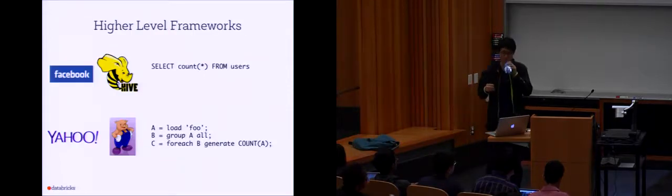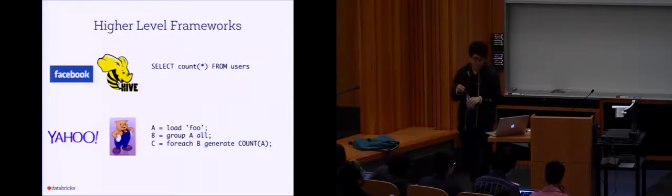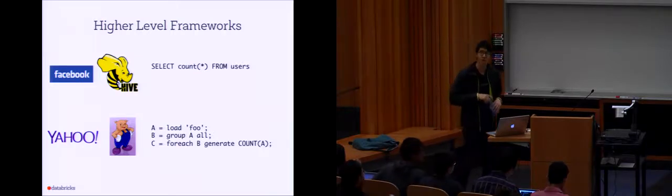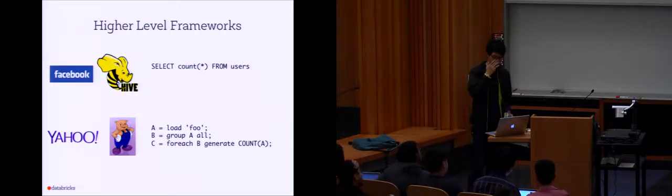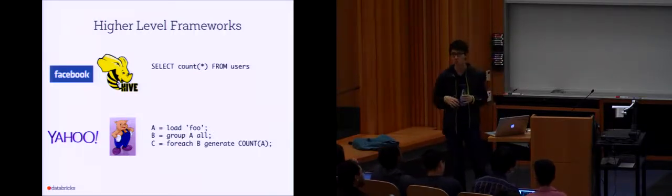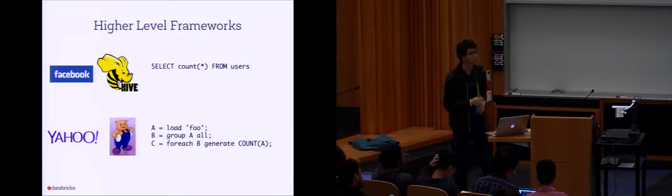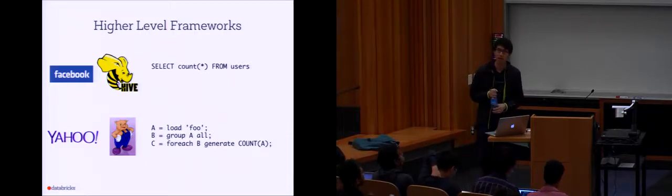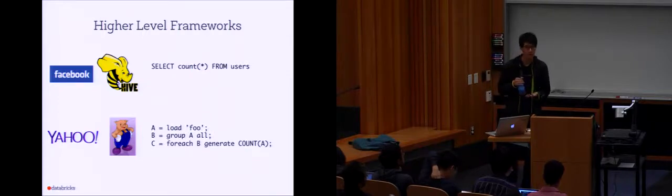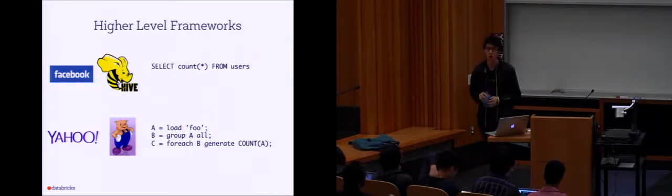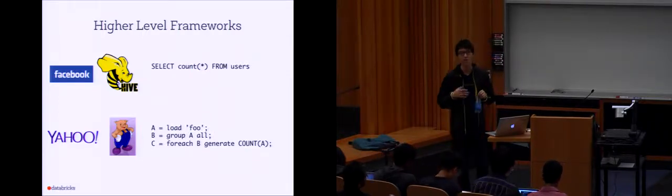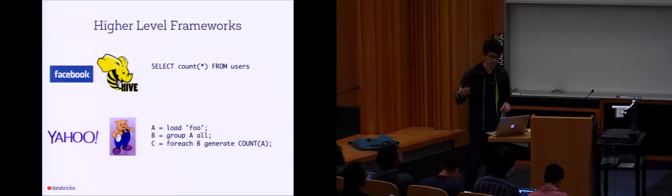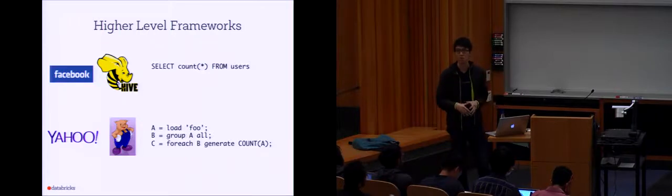So with that, on the open source side, people started building higher level frameworks. There are 2 frameworks that became fairly popular. The first one is Hive. Back in maybe 2008, Facebook started this project called Hive. What Hive does is, instead of programming MapReduce, you give it a SQL query, and it compiles the SQL query down into MapReduce jobs and runs it on a cluster.